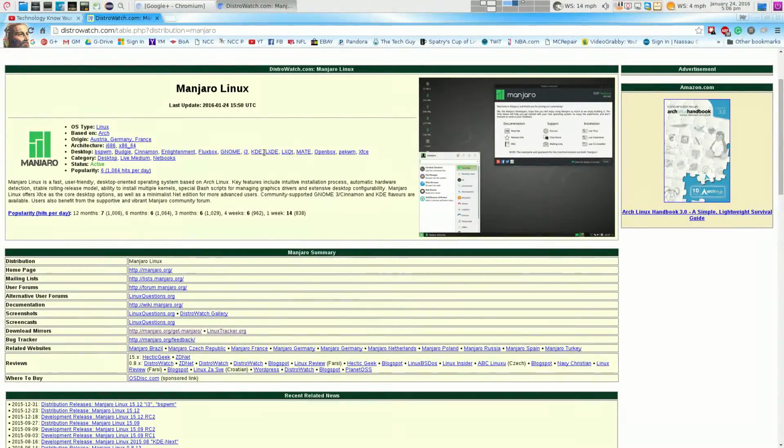It uses a lot of resources. LXDE is very light. LXQt I've never used before. MATE is another one that's rich in resources. Openbox, PekWM, and then the one I love to use because it's very light is XFCE.